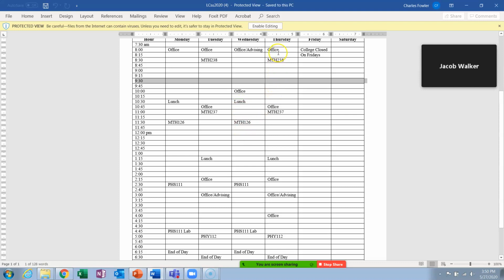Okay. Thursday is just like Tuesday: office in the morning, office again between classes, office right after lunch, office advising starting at 3, but only going till 4 because I only do 5 hours. 2 hours on Tuesday afternoon, 2 hours Wednesday morning, 1 hour Thursday afternoon. So I have free office hours from 4 to 5. And then I'm in class from 5 to 6:30.